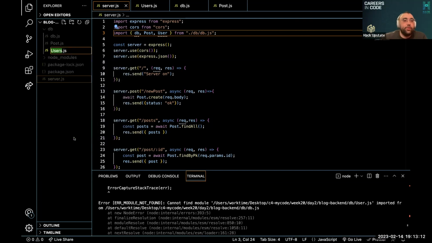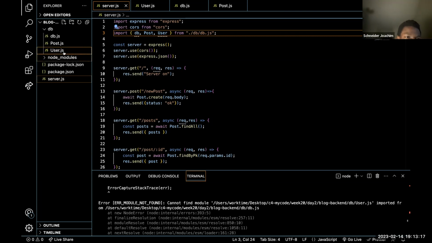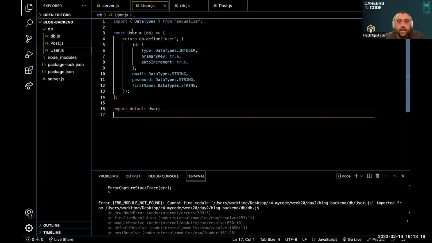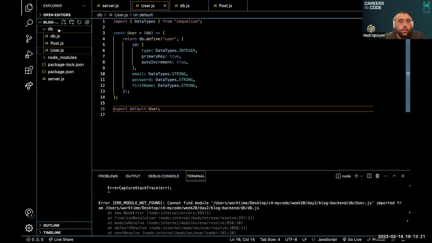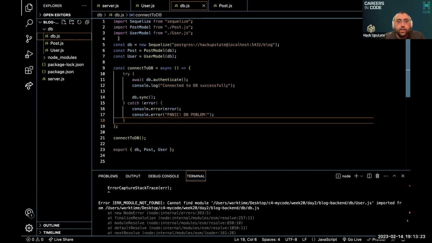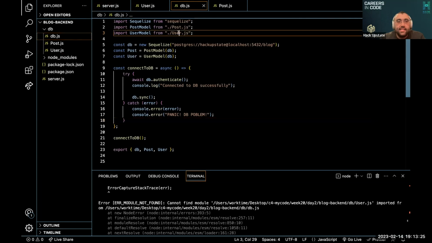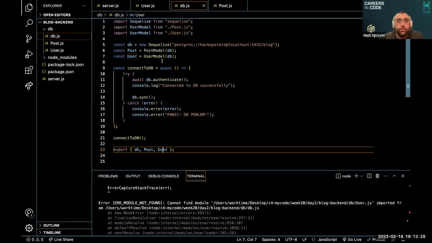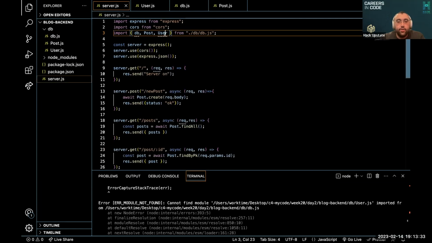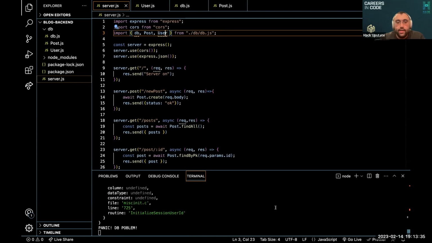I have singular. Oh, so no S. No S. And then let me look in here, singular. And then db.js, singular. And then server, singular. So if we save and scroll all the way down to the bottom, you've got a